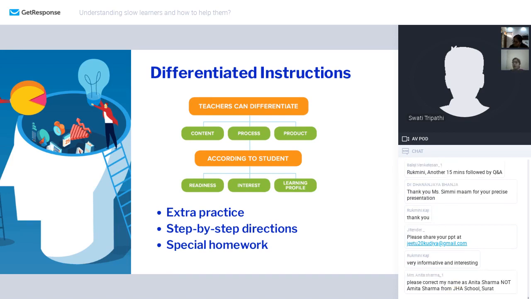And for the auditory learners, she can ask one of the children to give a speech on what afforestation is or deforestation is. They will speak out what are the causes of it and what will be the effect of it, likewise. So by doing this, they are giving proper instructions to the slow learners.